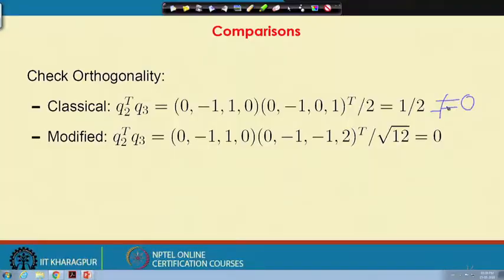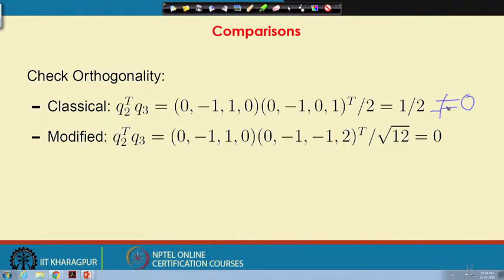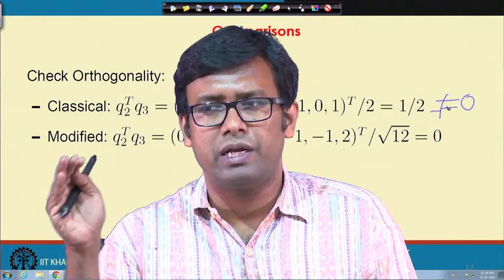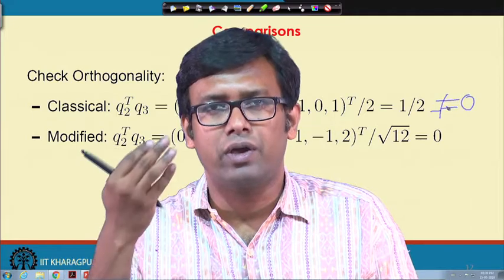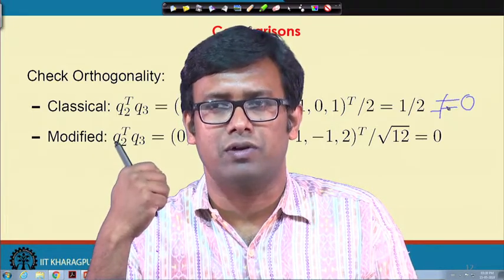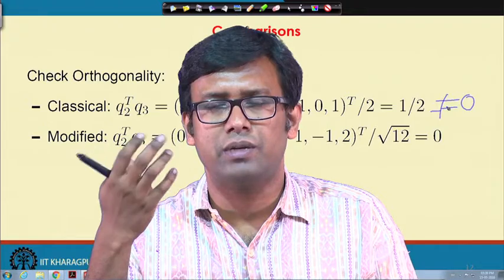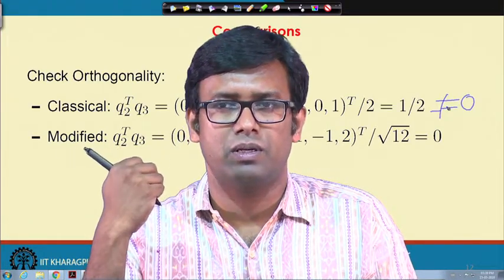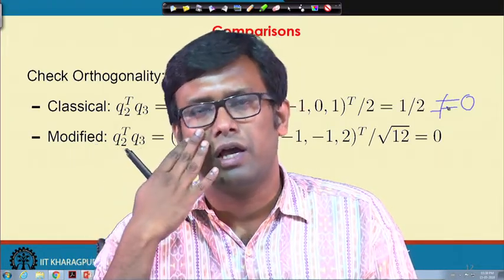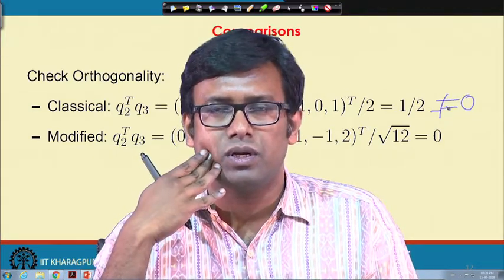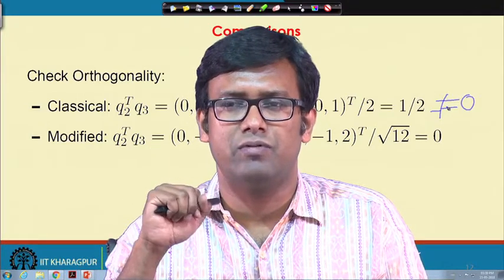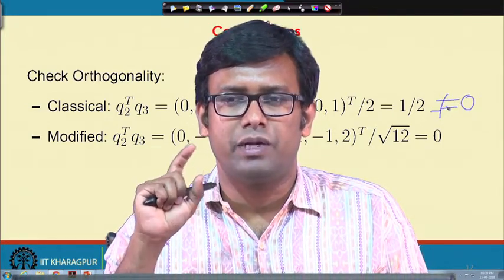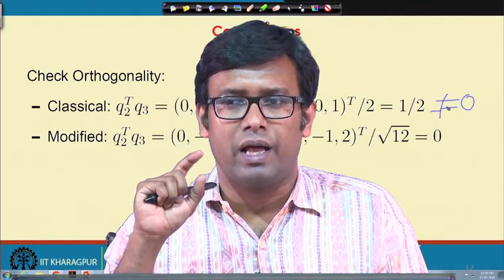So, now we know that if we have a set of independent vectors, we can get a set of orthonormal vectors using those independent vectors. How can we use it for the purpose of matrix solvers? So, what we will do, we will consider a matrix with independent columns. And what is the importance of having a matrix with independent columns? It can be very easily shown. You can take it as a small exercise yourself, that if the matrix has independent columns and we solve Ax is equal to b,